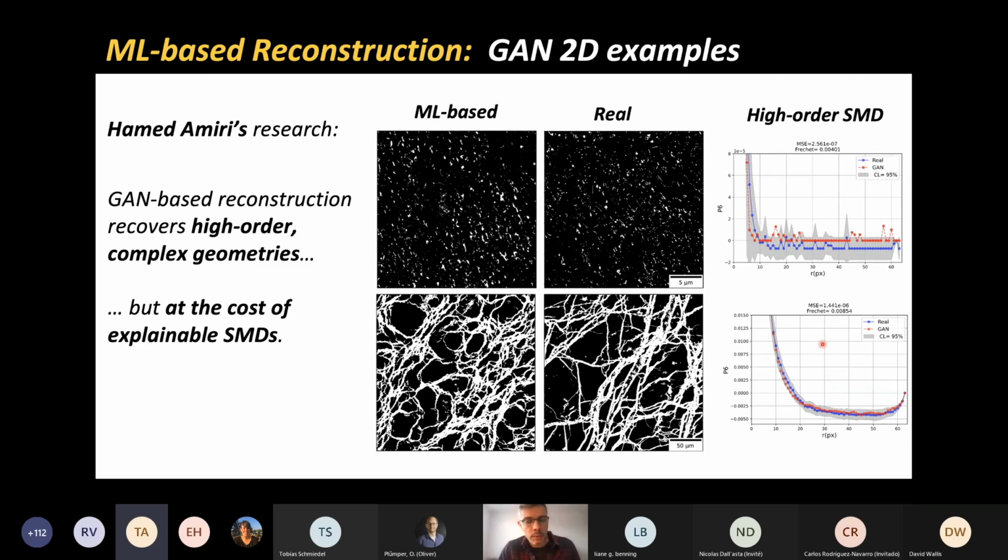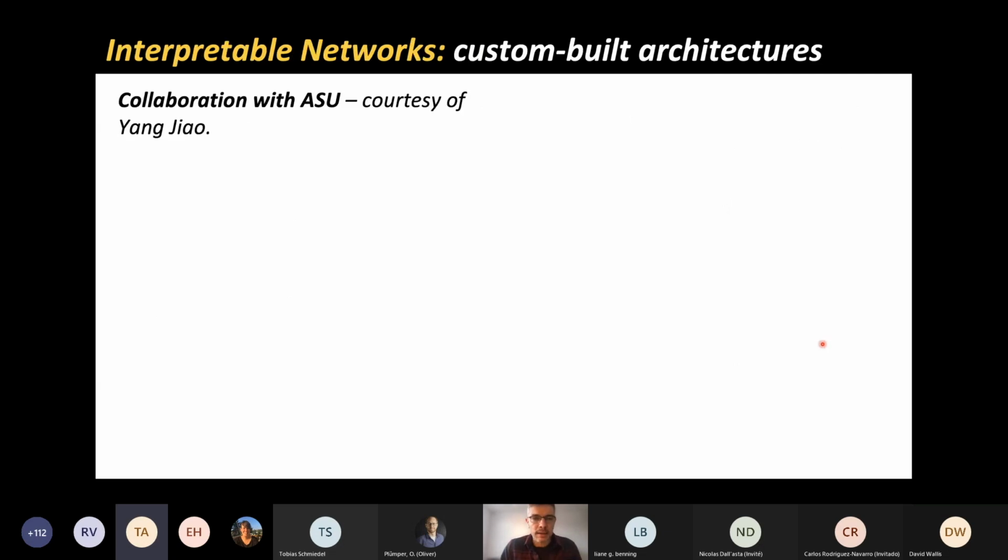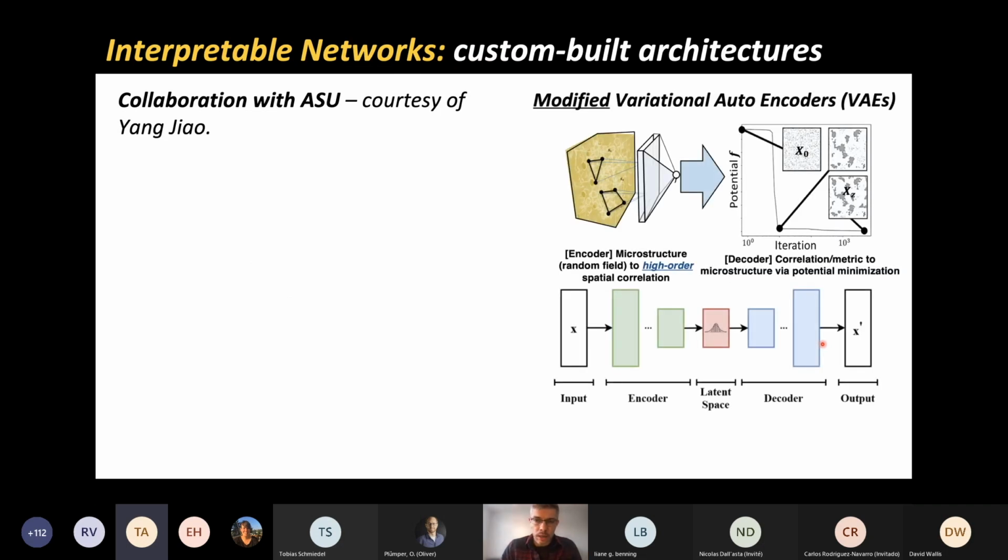We can reconstruct the material, but we let go of the abstraction. So can we paddle back on this? This comes back now to our autoencoders. This is our collaboration with our colleagues at ASU. The answer is we think so, but we have to engineer neural networks specific for our problem. How do we do that?